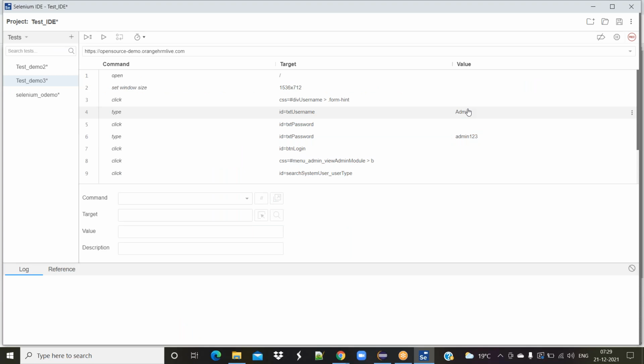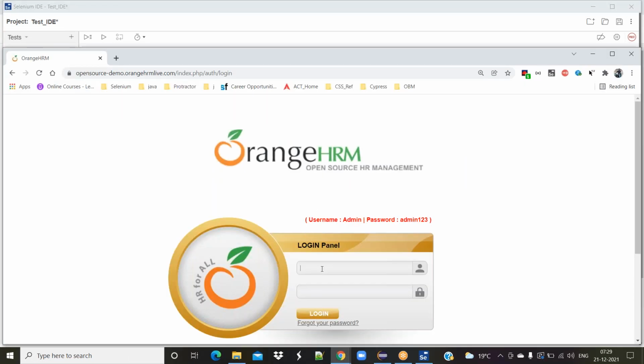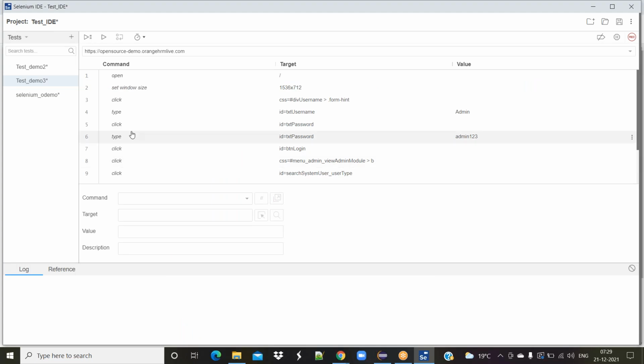Once I entered the username, I moved the mouse and clicked on the password field. You can see here, click: the action I did is click, and where I did it is the password. To do the click action, no value is required, so the value column is empty.